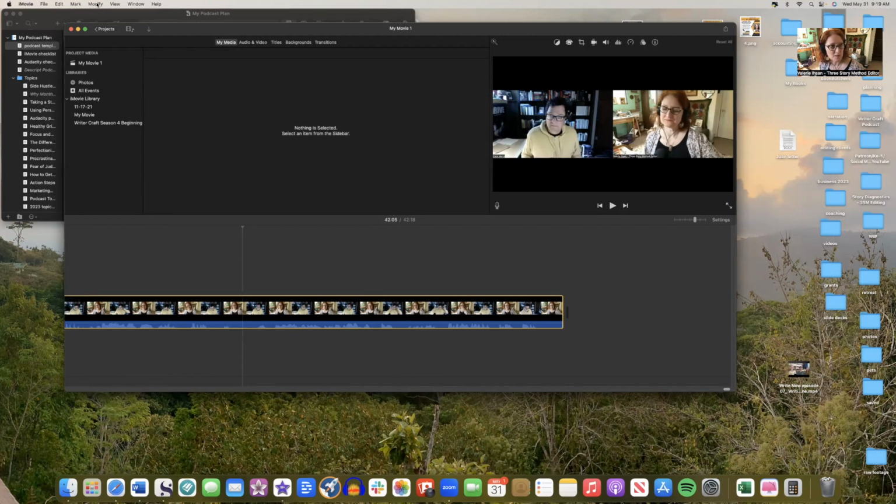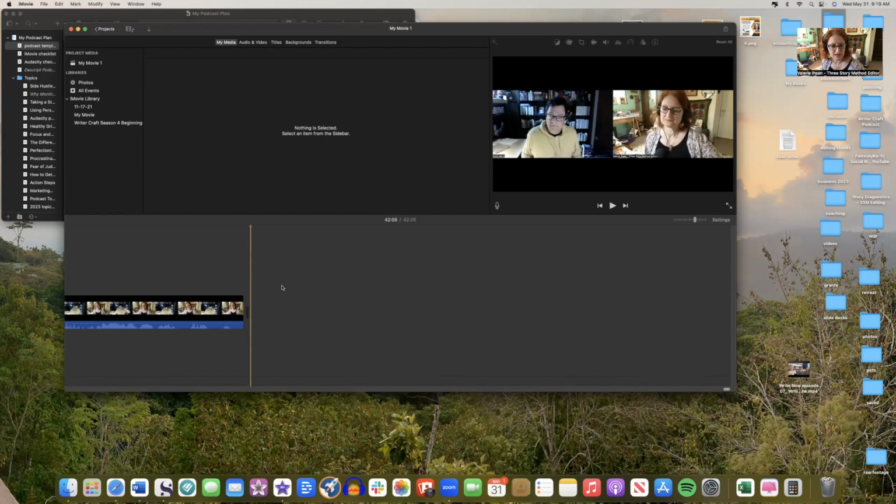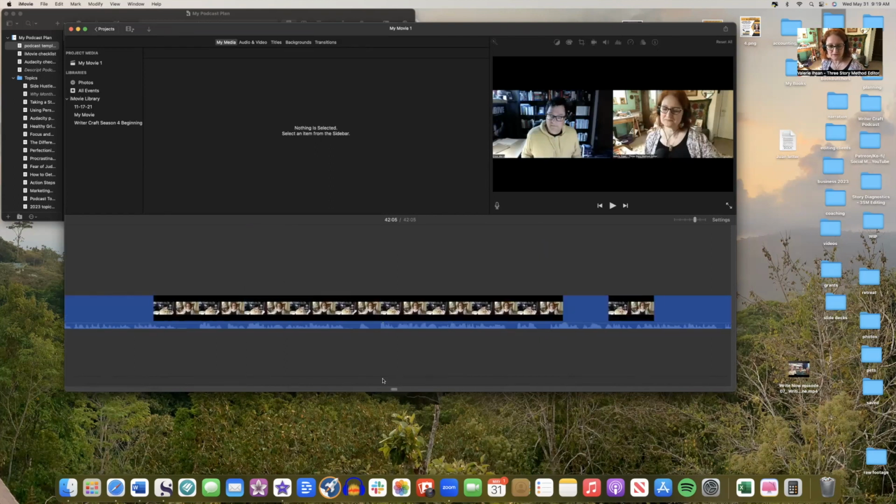So again, I'm going to go up here, modify, split clip. And now I'm going to click on this end piece because that's the piece that I want to delete. Delete. All right, now what I do now is I want to find